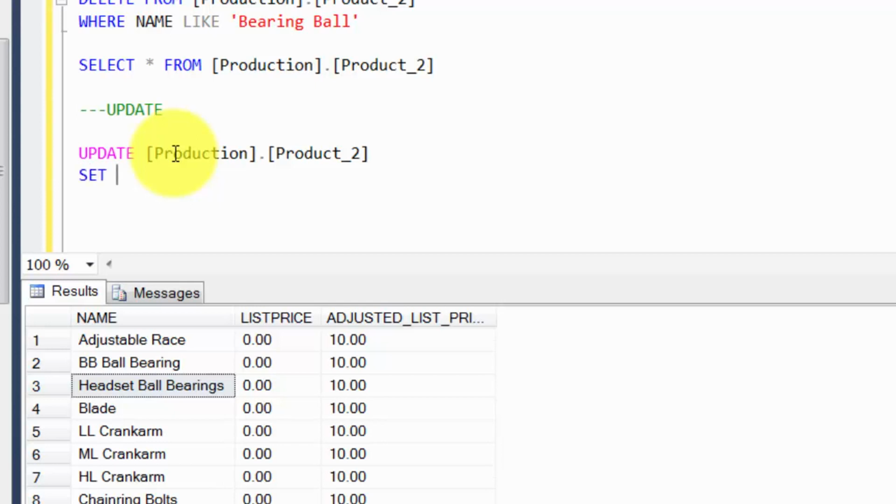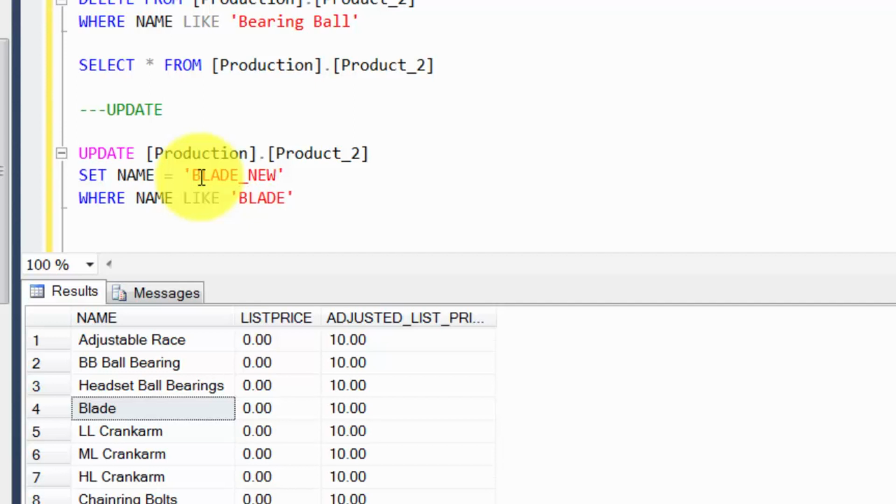So you say set name equal to, let's say we update this one, blade, right? Set name equal to blade underscore new, where name like blade.